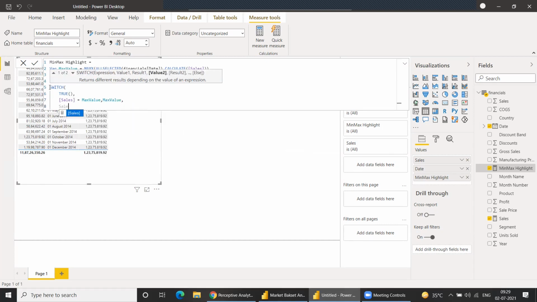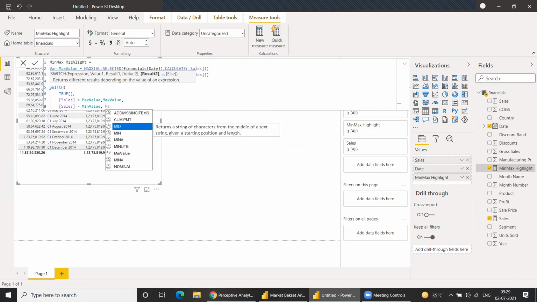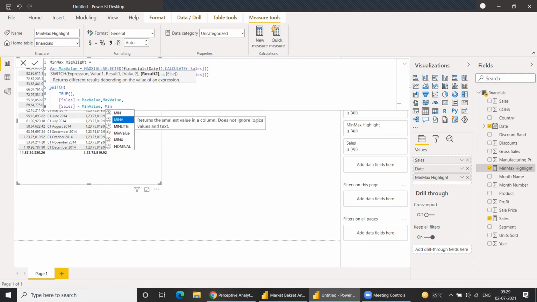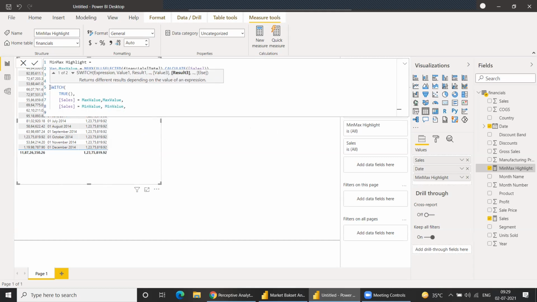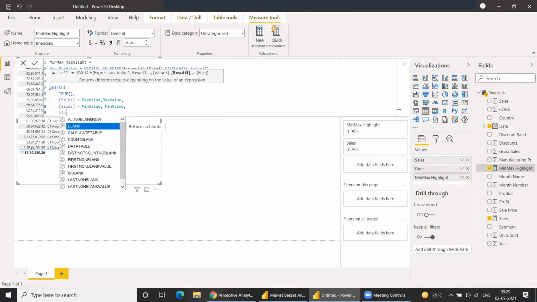Else if Sales is equal to Min Value, and we'll give our else condition of BLANK.